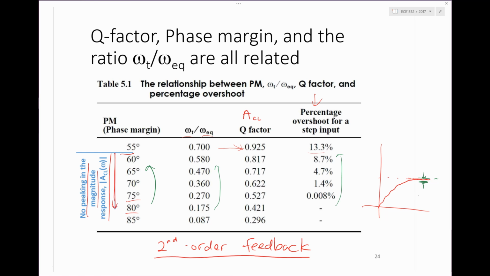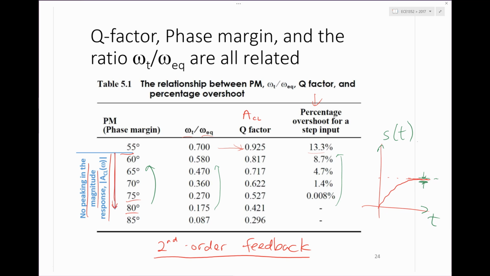And as well, I put no labels on this time axis here, right? Because everything here is normalized, meaning all I'm showing is the ratio of omega t with respect to omega EQ. Obviously, if I am somehow able to double both omega t and omega EQ, I'm going to be twice as fast, and I'll be just as stable as I was before. So that's, if you like, plan A, right? But in terms of getting a faster amplifier, that would probably come at some cost, more power, or maybe you just can't even do it with the transistors you've got. There's too many parasitics, right? But so the idea is that